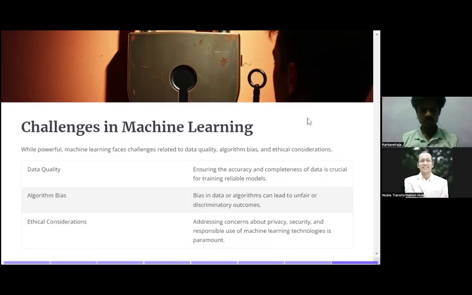Yeah, data quality is very important, guys. We have to understand it's a crucial thing, because with your data, it's garbage in, garbage out. Whatever you are giving as input, you will have the output performance according to that. I'll give an example.